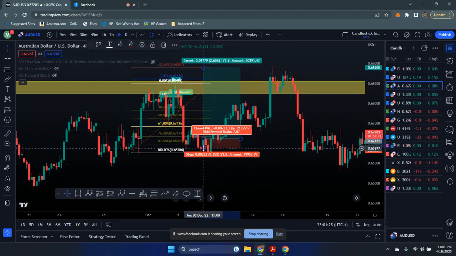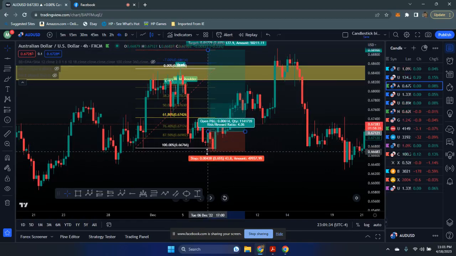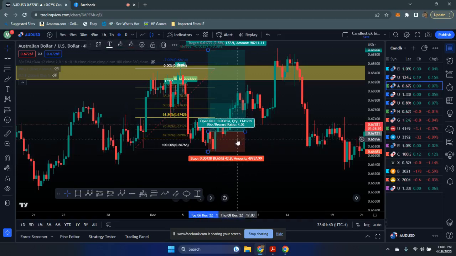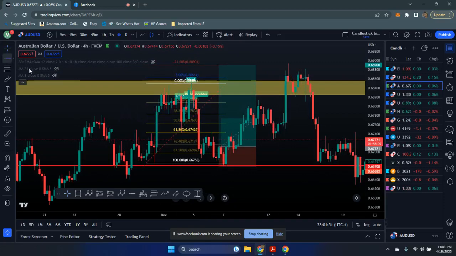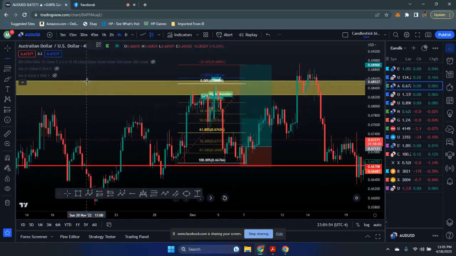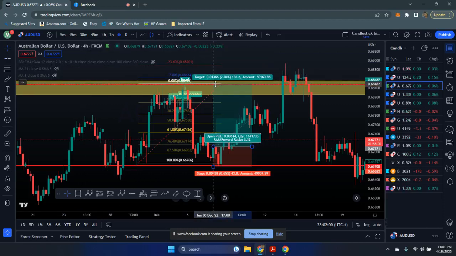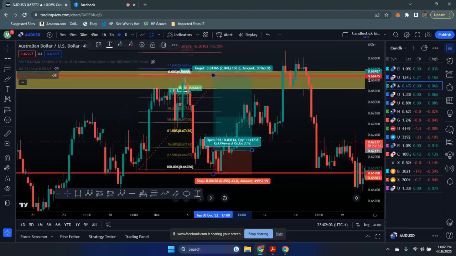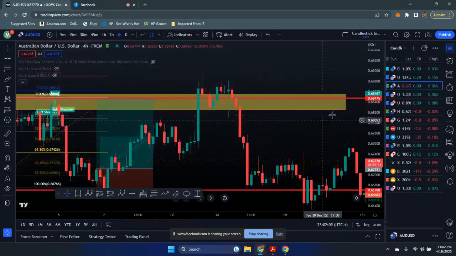So risking, you want to have your stop loss like this. So it's still a 4 to 1, which is a good risk reward ratio, and we have our areas right here. Even if we took it to here, which is the next level, that's still a 3 to 1. That's still good risk reward. 43 pips to make 136 pips, which is great.